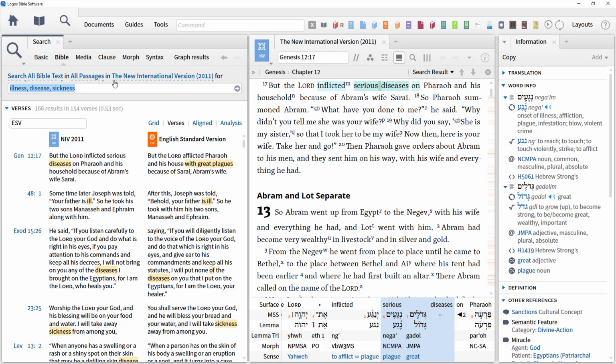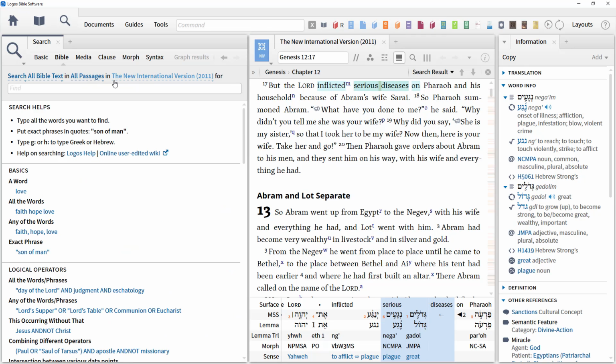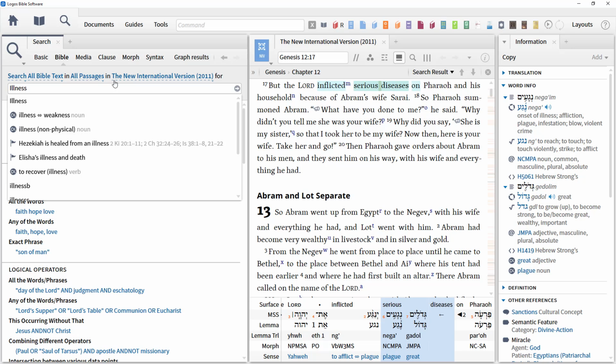So what's our search going to look like? Well, we're effectively looking for two things. We're looking for an illness, and we're looking for something that God did. We want those two things to happen at the same time. So in simple English, this is not a valid search syntax. We might want to write something like illness, then the keyword intersects,